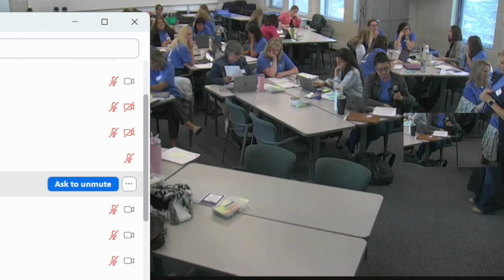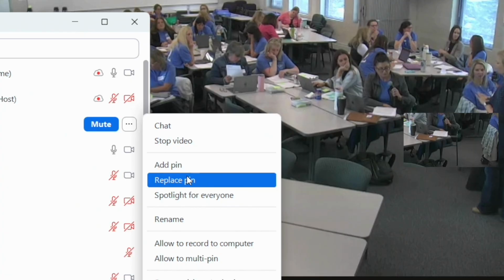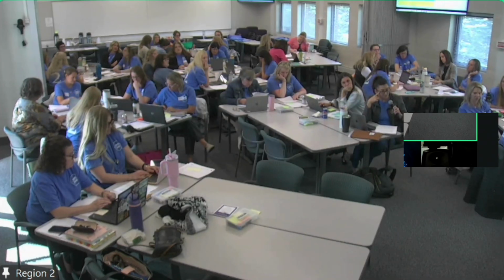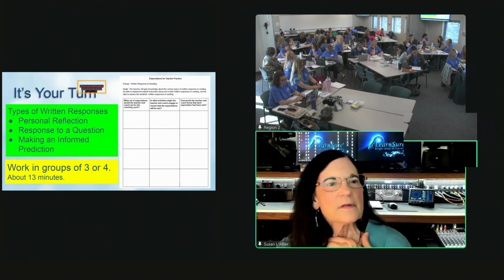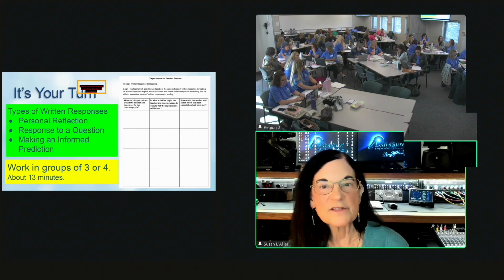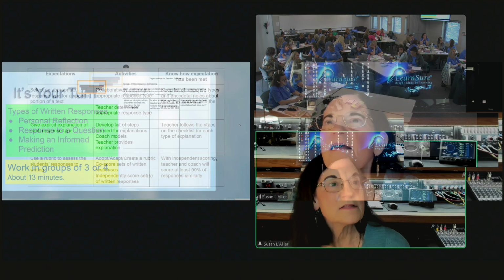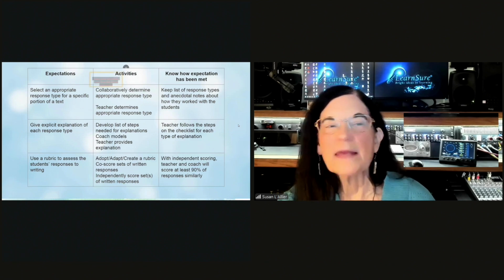And what activities would the coach be responsible for? Do you know? The coach would be responsible for modeling the constructed writing response process, debriefing, and then observing. Okay. All right. So that really focuses on the assessment. How are you going to continually assess students' written responses? Great. These are just some that you might have written down that maybe